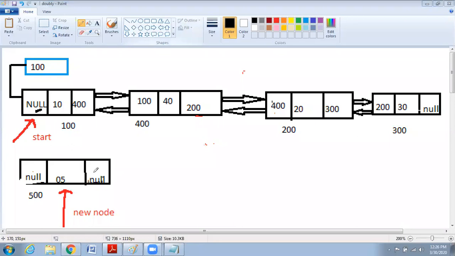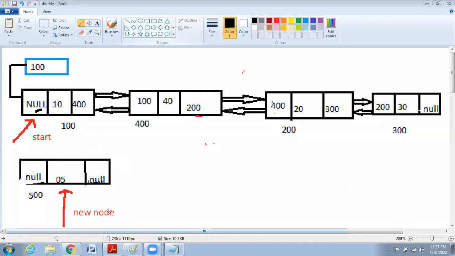Okay. So this is the new node. What you told, new node's left equal to start. Also, here I want to change. That is start. This value also I want to change. Start's left equal to what value should it be? 500, ma'am.